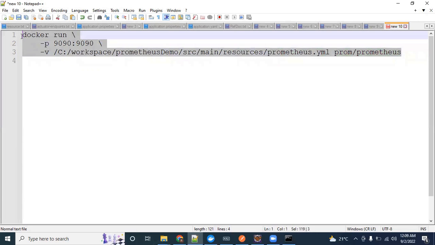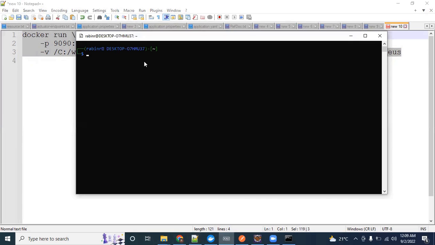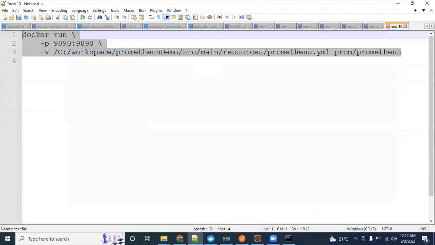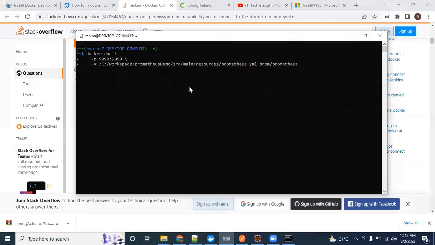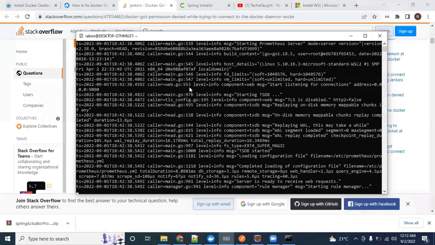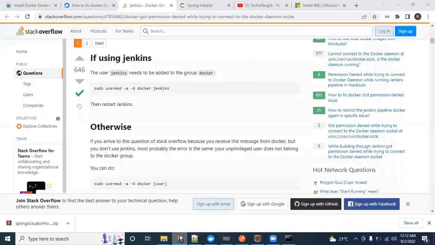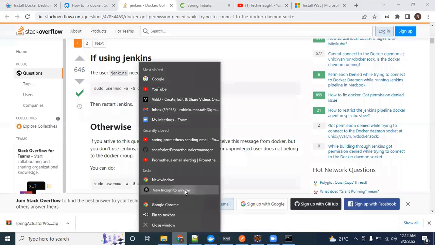So let's start this. I will also share this in the description itself. So here, go to your Docker command and then come here and paste it. It will take some time to run our Prometheus server. Okay, so it's now up and running, and then what we can do is go to our browser